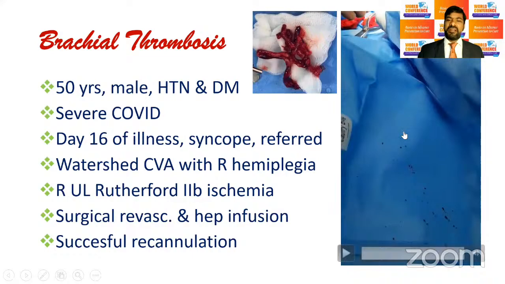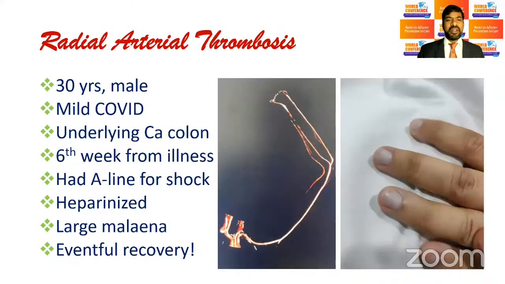Okay, and moving on to the next one, very young individual, 30-year-old male with mild COVID. He had an underlying CA colon as well. And somewhere around the 6th week of his illness, he had to undergo this surgery, during which time he had an A-line which was promptly removed. He had A-line thrombosis associated digital ischemia. He was initiated on heparin infusion, but on account of GI bleed that had to be stopped, but then he